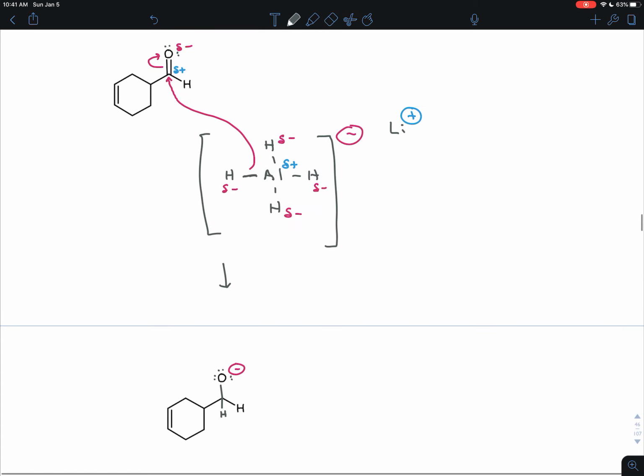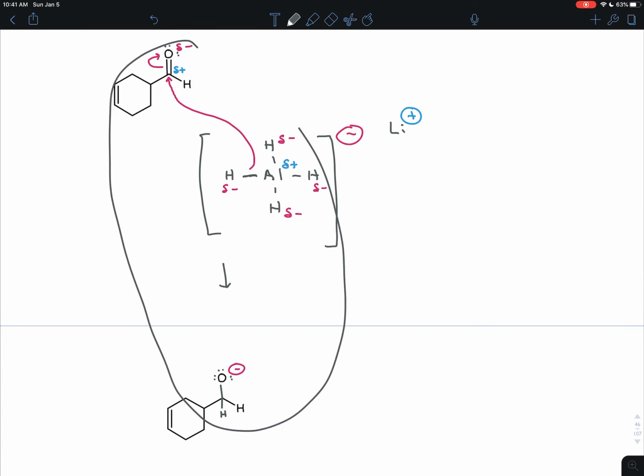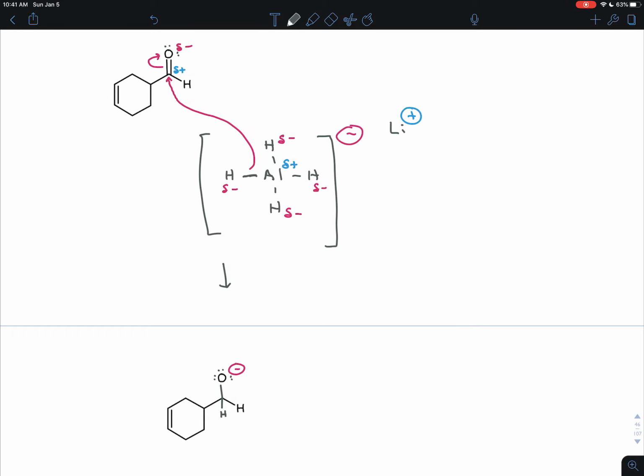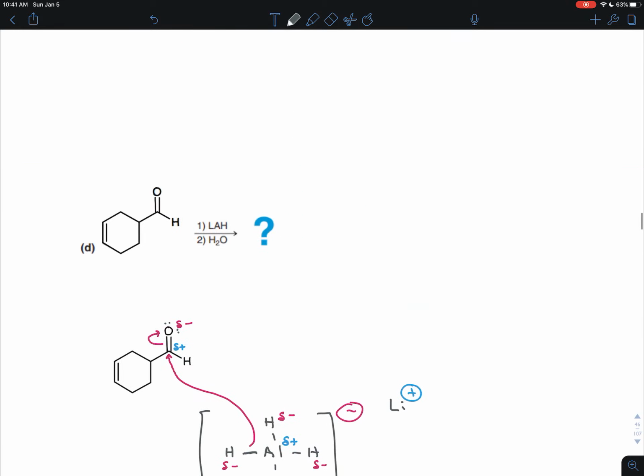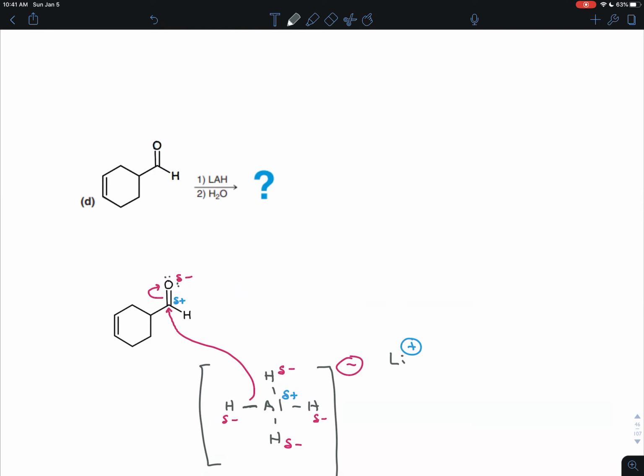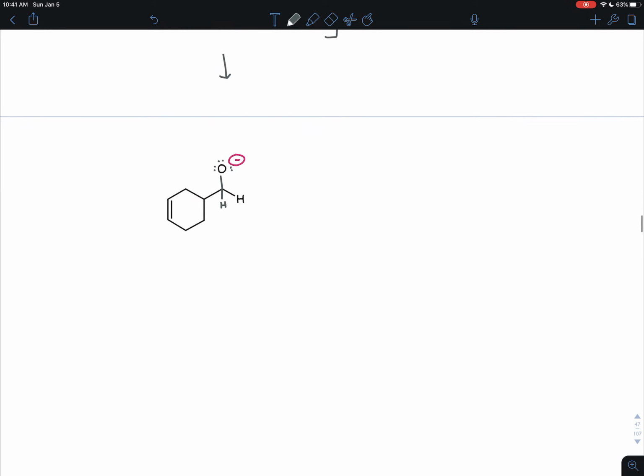We've reduced the number of bonds to the oxygen. So we've reduced this compound. The number of bonds to an electronegative element went from 2 to 1. But this is not quite stable yet. So we have water here as a second step as a proton source. So if we have water,